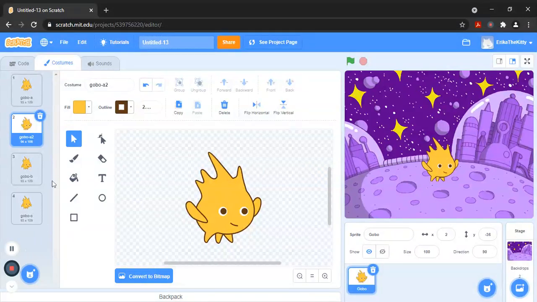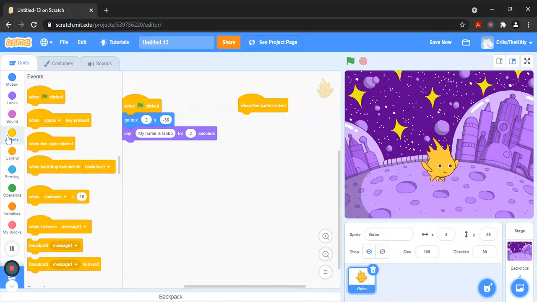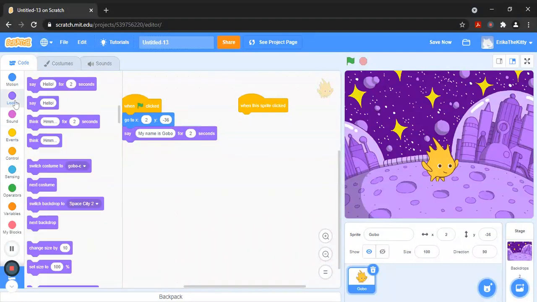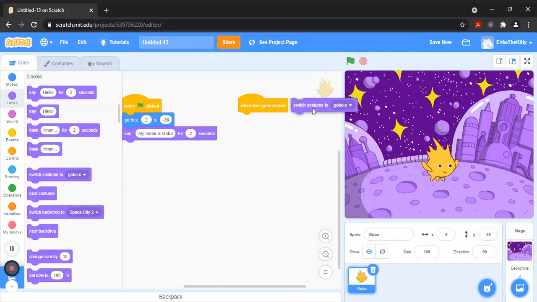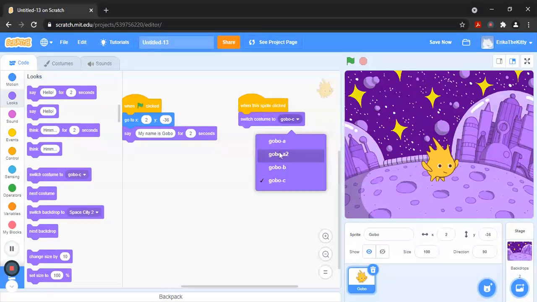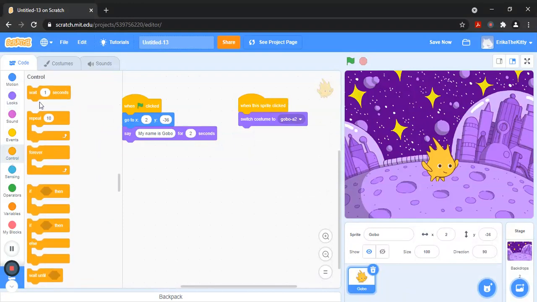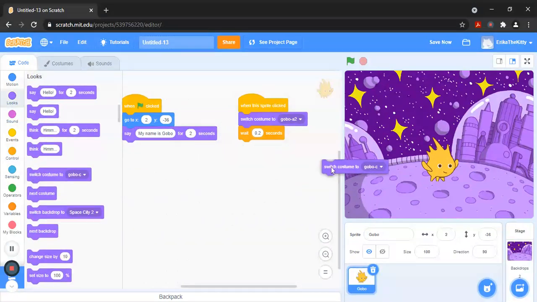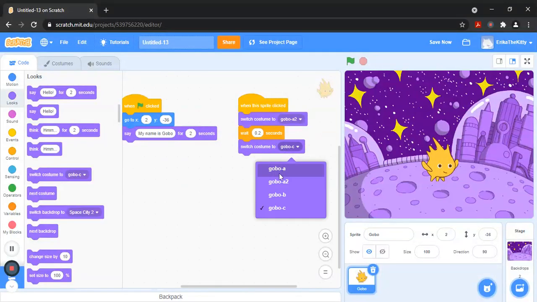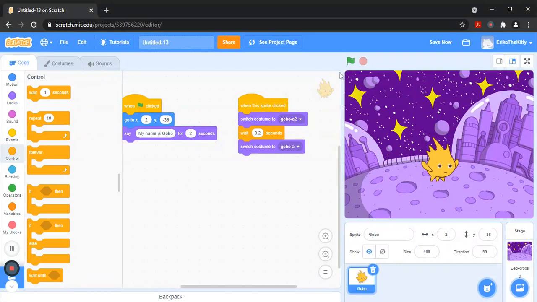Yeah, alright. So, where were we? Oh yeah, making animations. So when the sprite clicked, switch costume to Go-Go A2. Let's wait 0.2 seconds. Switch costume to Go-Go A. Okay. My name is Go-Go. So if we click him now,